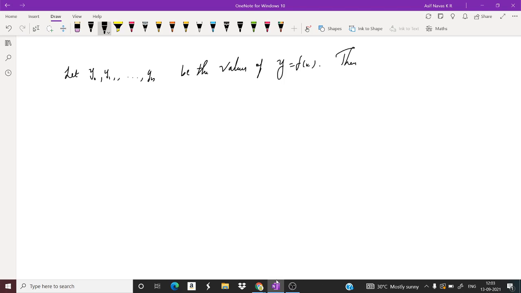Then Newton's divided difference formula is